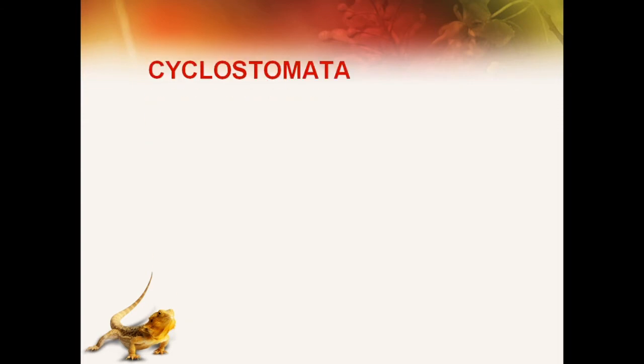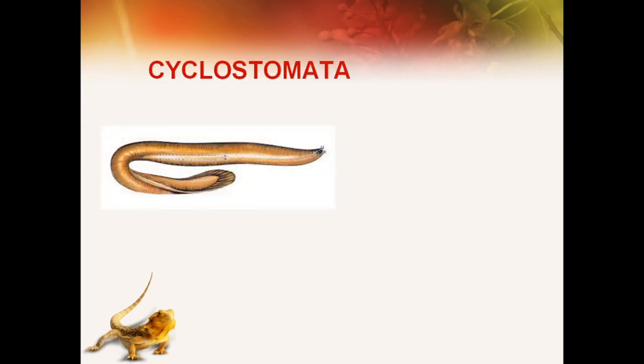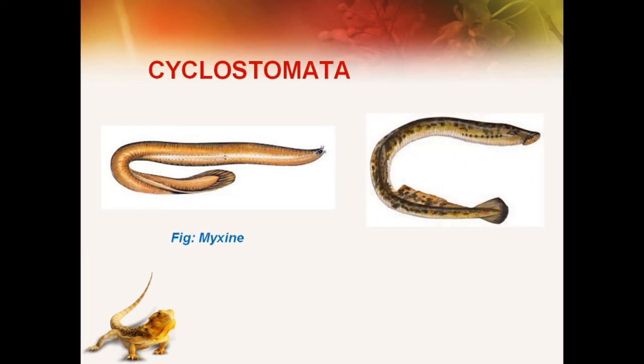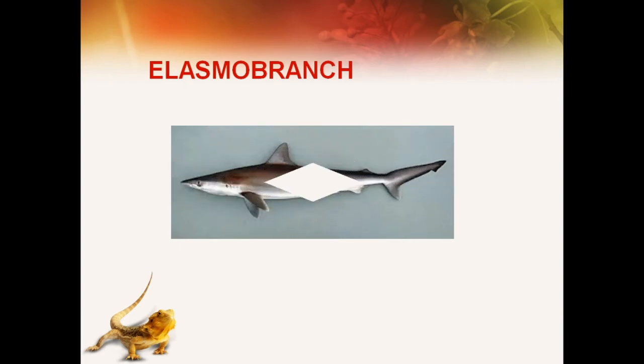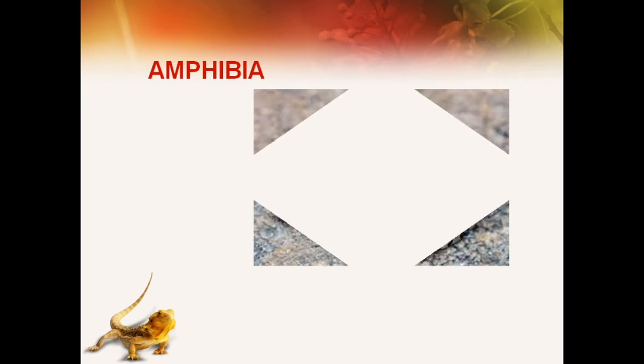In cyclostomata, for example myxine and petromyzon, the exchange of gases takes place through their vascular skin, confined only to the larval stages. In elasmobranchs, for example in Scoliodon, the skin is rough and thick and does not help in skin respiration, but the mucous membrane of the gills is well developed and helps in respiration.